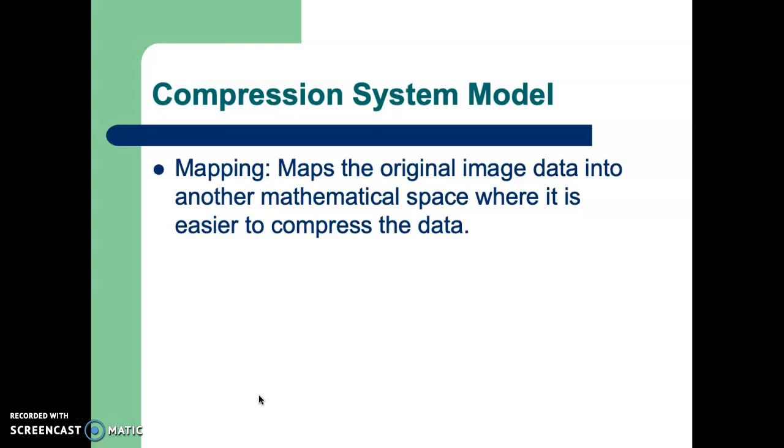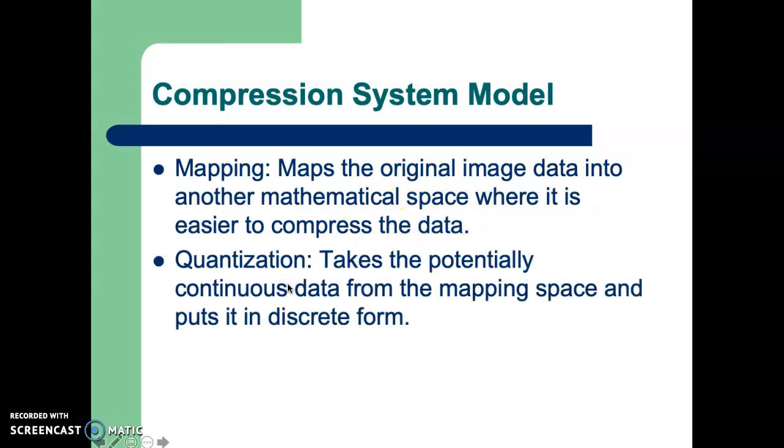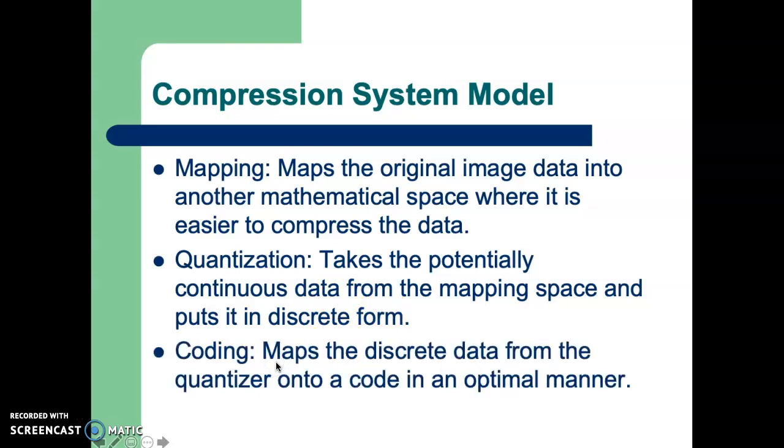Then you will do the mapping, which maps the original image data into another mathematical space where it is easier to compress the data. Then you do the quantization, which takes the potentially continuous data from the mapping space and puts it in discrete form. Lastly, you will do the coding, which maps the discrete data from the quantizer